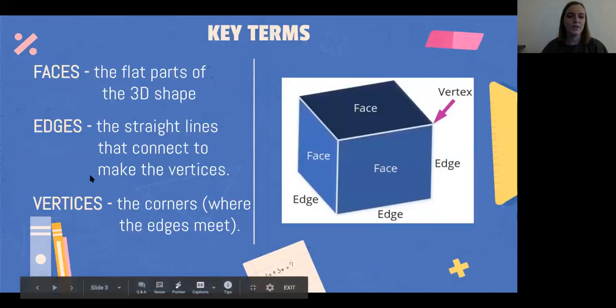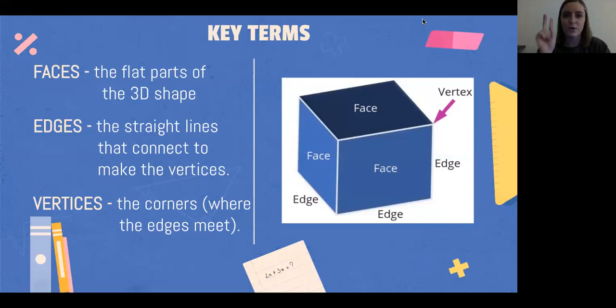All right, so here are our key terms. We have 3 important terms. 1 is faces, 2 is edges, and 3 is vertices. So the face is the flat or 2D part of this shape. So here's my 3D shape right here. This is what I would call a rectangular prism because every single side on it is a rectangle. Pretty cool. So this flat part here, this flat part here, all of these flat pieces are called the